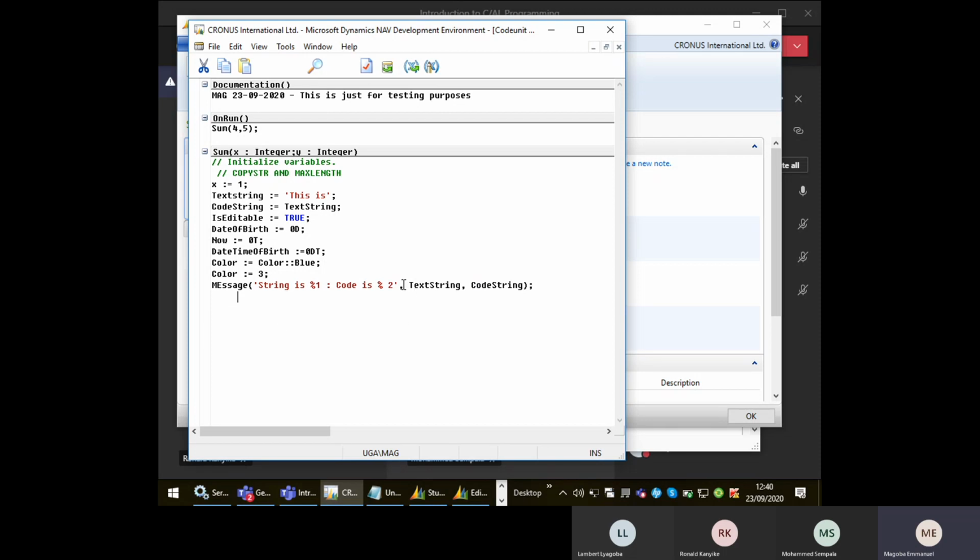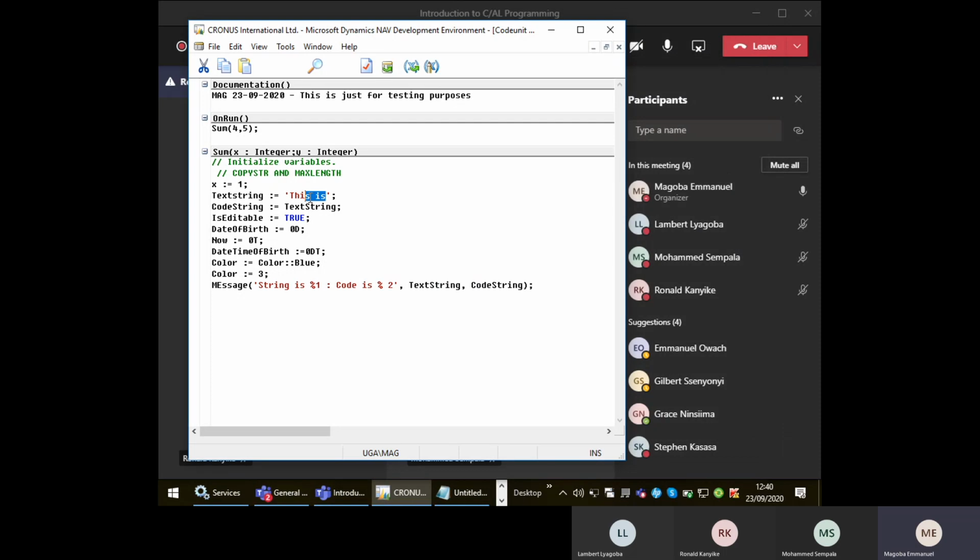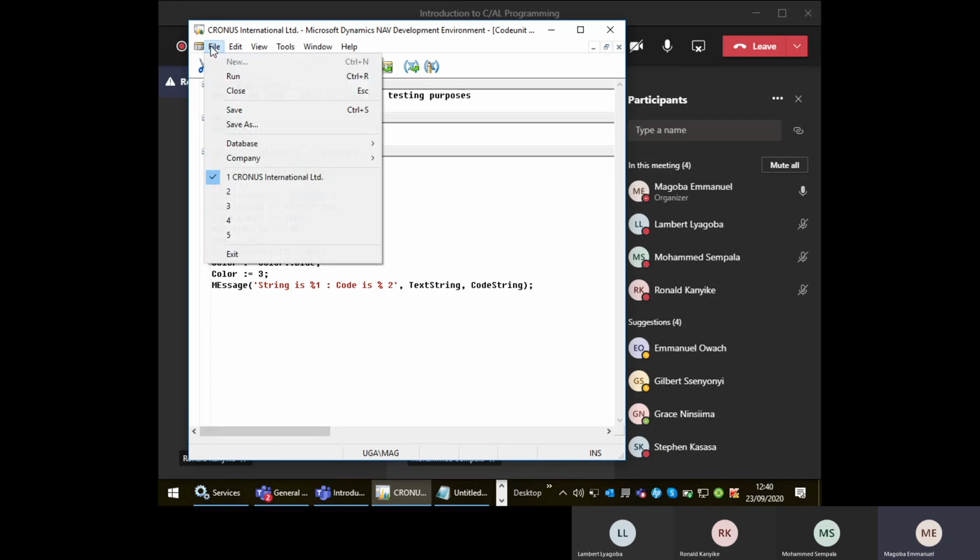So here, what should we expect? String is, this is, then code is, this is. Because here I'm assigning this to this. But what will be the difference? This will be in capital letters because it is a code. So if I come and I run this,